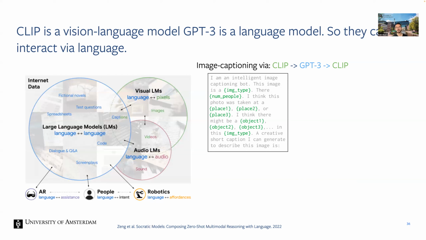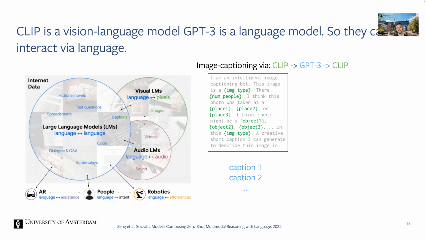First of all, you need to have this sort of dictionary. For number of people, it's the easiest. For objects, you take objects that you care about. Then you fill out all the green stuff in this template. Now you have this template and you provide it to GPT-3. The last thing it says is, a creative short caption I can generate to describe this image is, and then